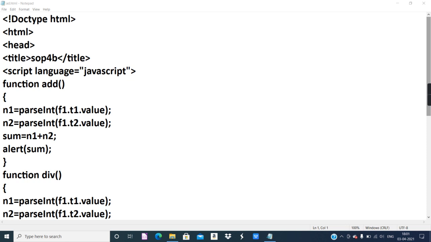In 11th standard you are going to learn about event driven, and it is going to be continued in 12th standard, and in both 11th and 12th you are going to write event driven JavaScript code with the help of a form. That means first of all you are going to display some form depending upon the question, what to accept from the user. According to that you will create a form, and there will be some button, and on button click some function will execute, and the question will be performed.